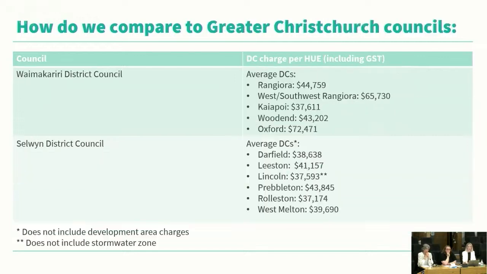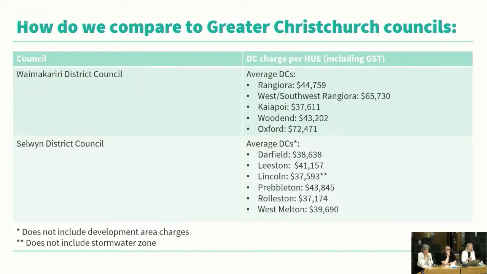And then in terms of the Greater Christchurch councils, these are the averages for the townships. We thought this might be more useful than the range, given the wide range of catchment types that they have in their district. So Waimak, their DCs start at 37 and go up to